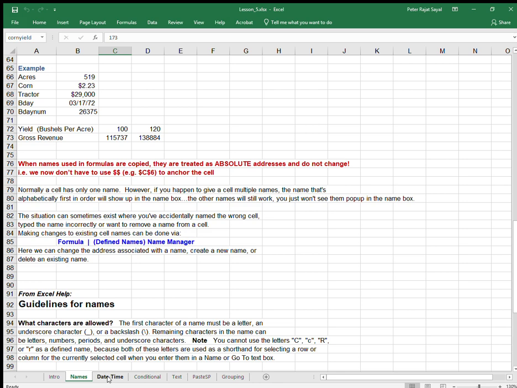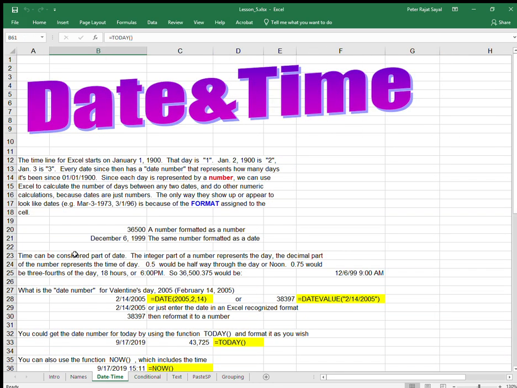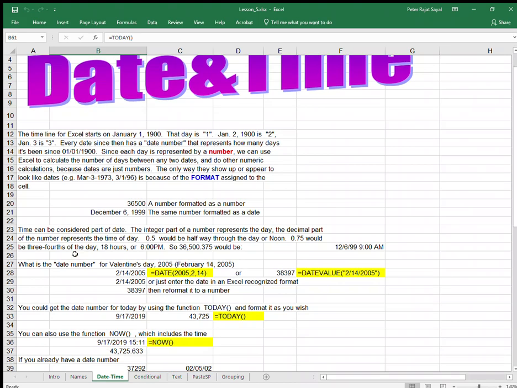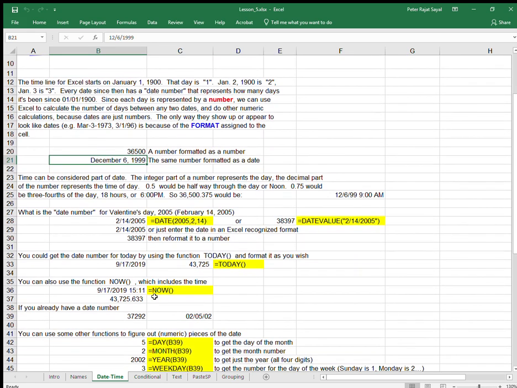Next, we look at date and time, a very commonly used function in Excel. So you can see the various ways date can be represented. So you have the standard month, day, year format, and you can use the date function, which gives you the year, the month, and the day over here. You can use the is equal to now function, which will give you the date and time. So if right now I type is equal to now,